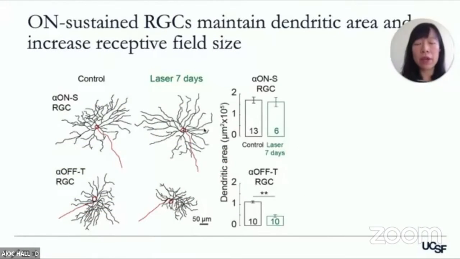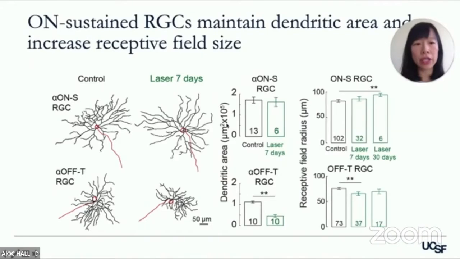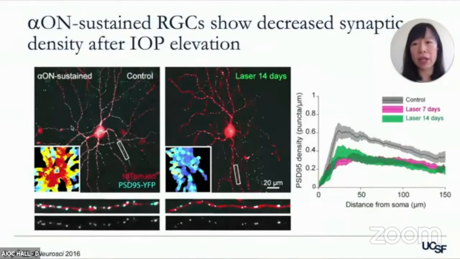In a mouse model of elevated IOP, our group showed that after transient eye pressure elevation for 7 days, after which eye pressure returns to baseline, the alpha on sustained ganglion cells actually maintain their dendritic area and even increase their receptive field radius, whereas the alpha off transient ganglion cells shrink, both in terms of dendritic area and their receptive field radius. However, despite the fact that alpha on sustained ganglion cells maintain their dendritic area, they lose their